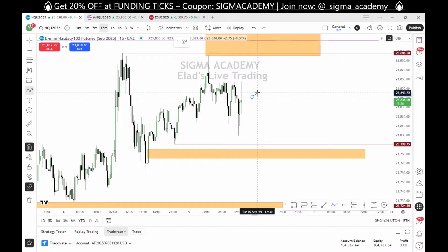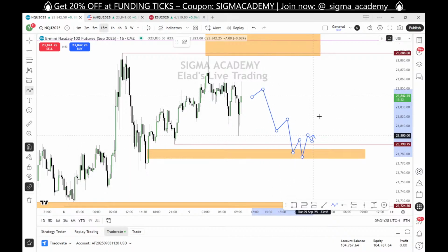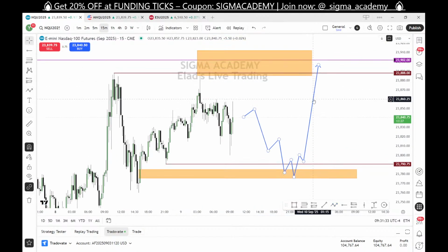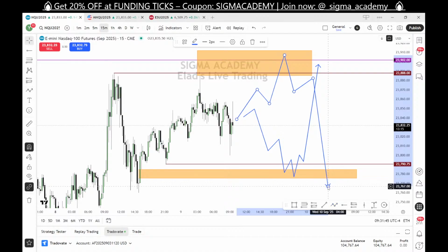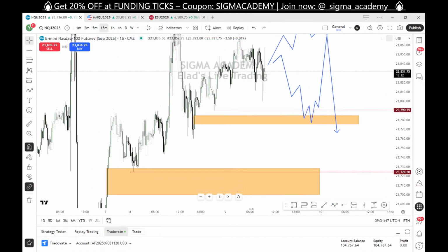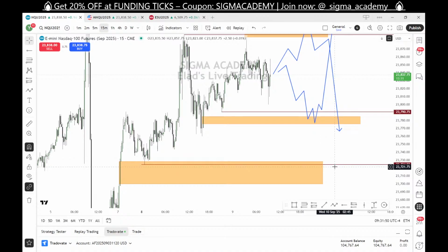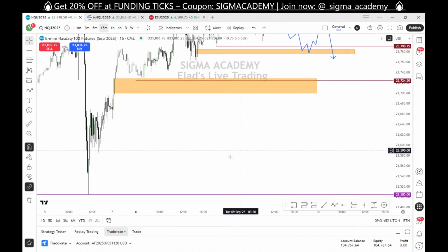Two things that can happen today: we went lower and go higher to these equal highs on the higher time frame. Remember, this one here is like a magnet. The opposite side is that we are going up to go down. Where is the next destination? I don't know. Maybe right here. It also can be the low of Friday.